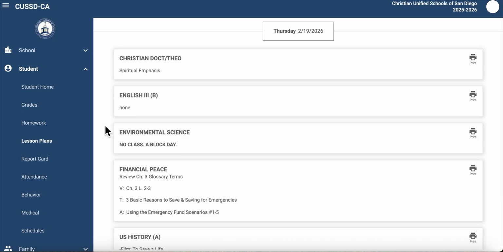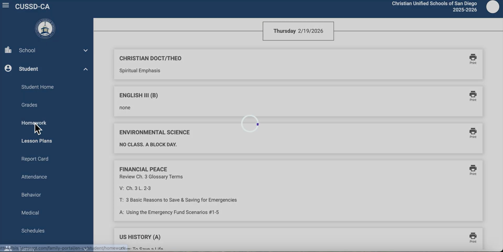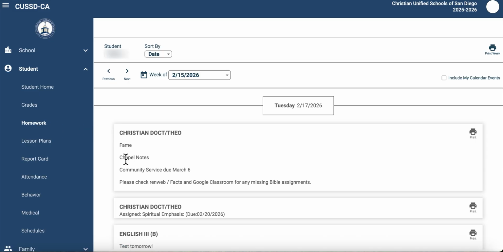In some cases, a teacher may post a link in the Homework tab. Let me go back to Homework. So let's say you see a link posted in the Homework tab that says WAG, or Week at a Glance. A lot of our teachers use Weeks at a Glance, and so if you see that in their Homework tab,